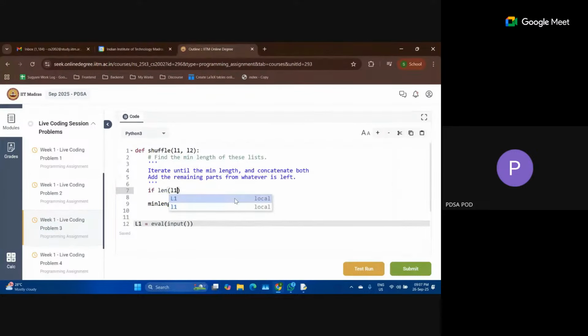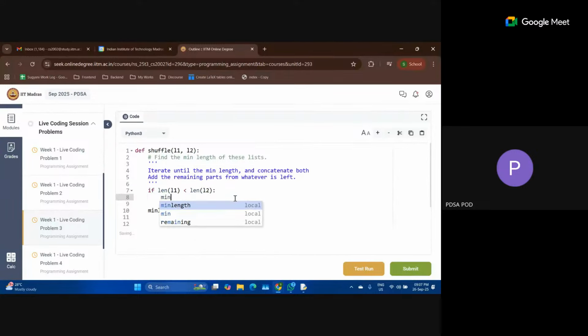There are two ways over here. If the length of L1 is less than the length of L2, then we can say min length is equal to the length of L1. Otherwise, we can say that min length is equal to the length of L2.